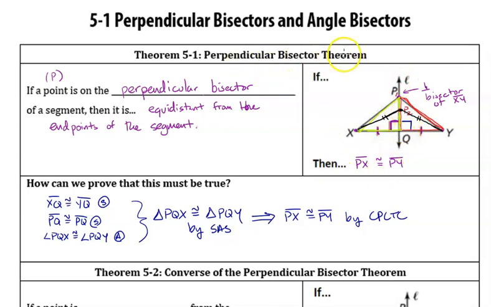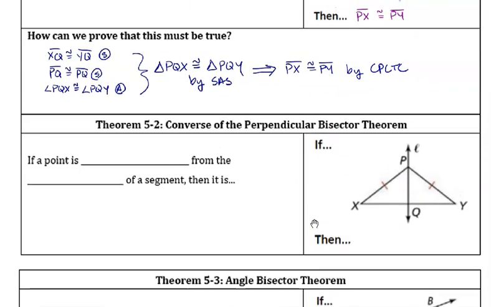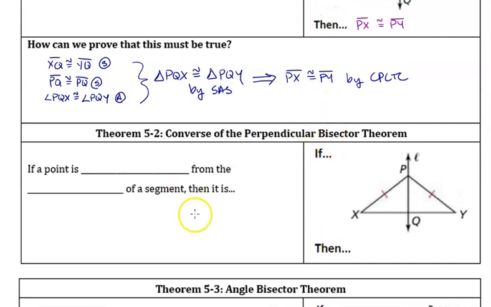So that's called the perpendicular bisector theorem. Now, there is the converse of the perpendicular bisector theorem that also ends up being true. The converse, remember, is where we take the if part and the then part and we switch it around. So this would now say, if a point is equidistant